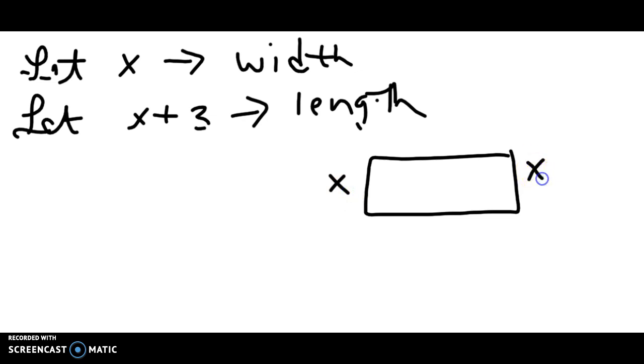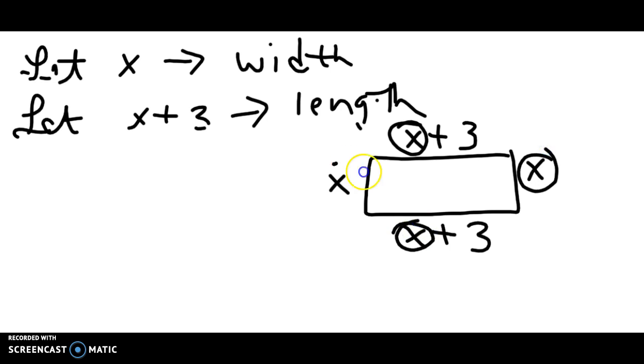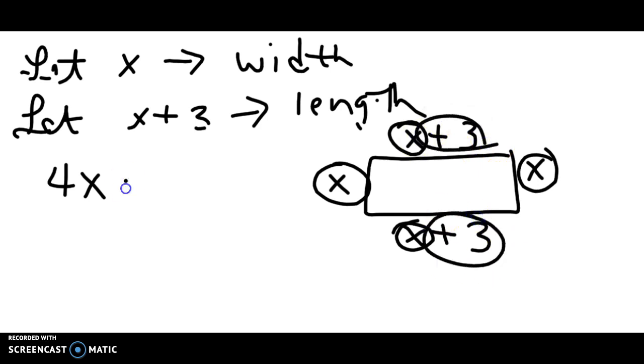x plus 3, and x plus 3. I'm going to combine my like terms because I'm adding all the sides. And that gives us 4x. And then I'm going to add my constants. I get 6. And it says it equals